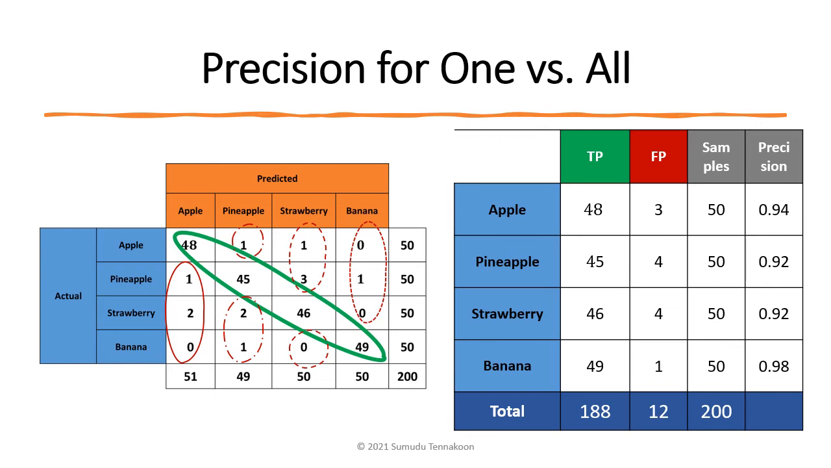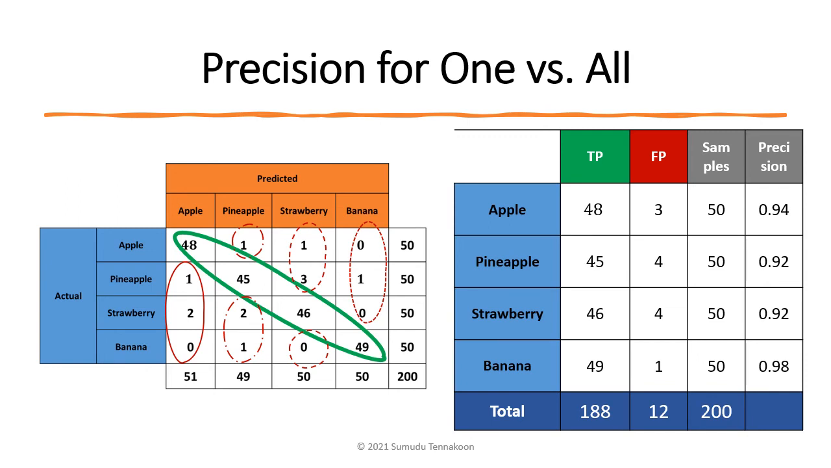In the pineapple column, 45 is your true positive, and the red circle ones in the same column, 1, 2, 1, 1 will sum to 4, which is your false positive for pineapples. Similarly, for strawberry, 46 is your true positive, and you will have another 4 in the strawberry predicted column as